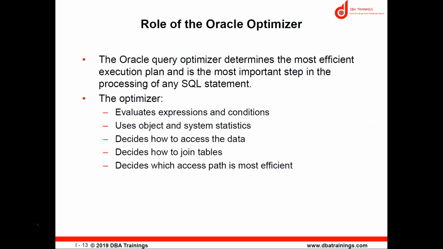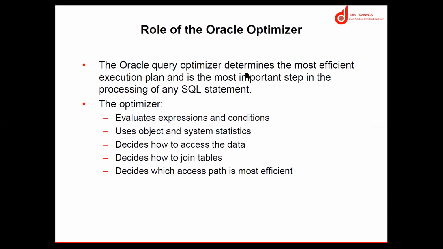Yes, sir. Now let's talk about the optimizer. What is the use of the optimizer? In the Oracle database, the optimizer is part of your database server. Got it? And it will create the execution plan for your SQL statement. Internally, whenever you are calling any query, the optimizer will come into the picture, because that is the engine. It optimizes your query to get a better result.